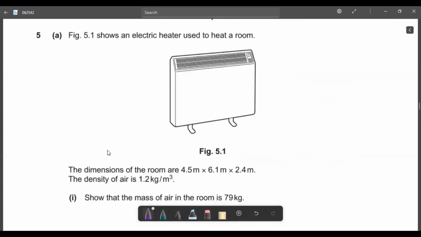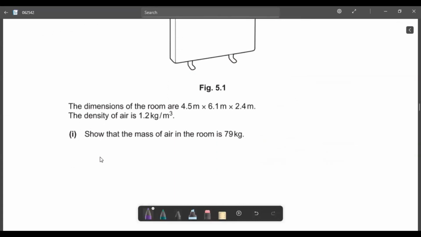Next, figure 5.1 shows an electric heater used to heat a room. The dimensions of the room are given as 4.5 meter into 6.1 meter into 2.4 meter. The density of air is 1.2 kilogram per meter cube. Show that the mass of air in the room is 79 kg. Density can be written as mass by volume. From this, mass is equal to